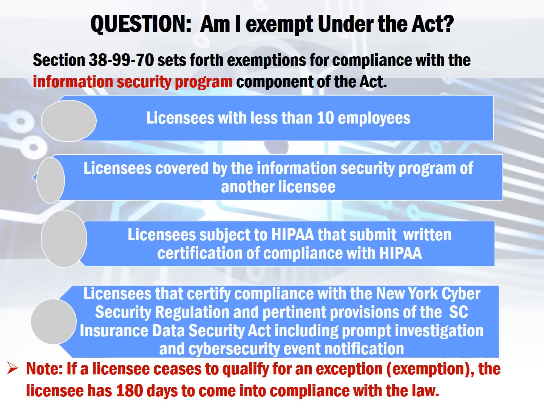So one of the major questions we have received repeatedly thus far is, am I exempt? And if so, what does that mean? What am I exempt from? So Section 389970 sets forth some of the exemptions from the information security program requirements. And you're eligible for an exemption if you are a licensee with fewer than 10 employees. You could also be considered exempt if you are covered under the information security program of another licensee,